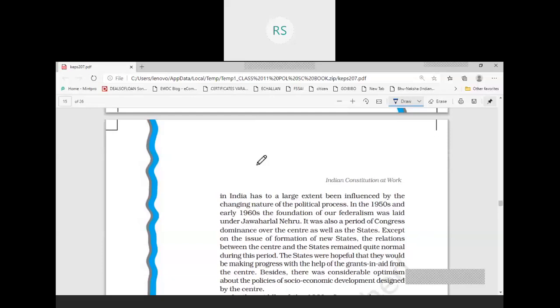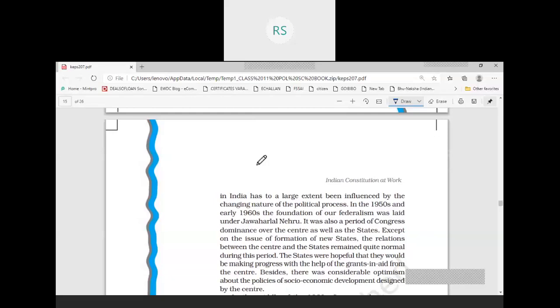We see that in the 1950s and early 1960s, the foundation of our federalism was laid under Jawaharlal Nehru. It was also a period of Congress dominance over the center as well as the states. You have read this previously in class 12th. So, I'm telling you that